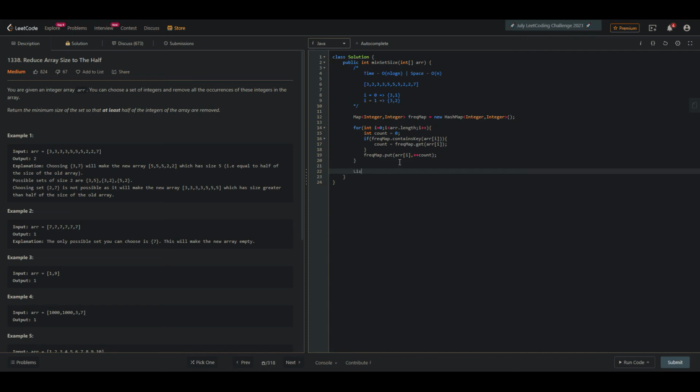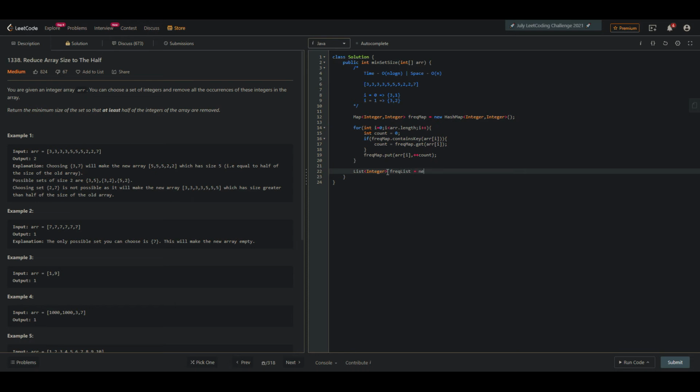Then what I'll do is I'll have a list to go through these elements. There are two ways which I can do this. I can separately iterate over a list and place it, or otherwise I think this is the better way, because unless and until we have all the frequencies, we can't add it to a list. So I'll have a list with name frequency list.